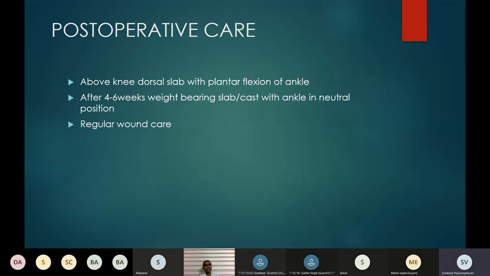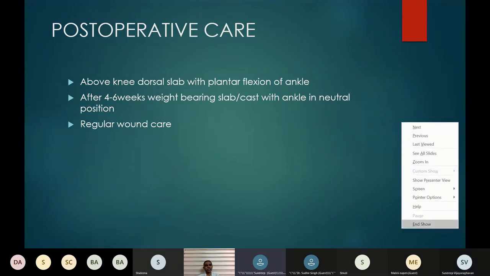Anything else, Dr. Sandeep? Anything else that you want to ask? I think you have covered more or less the entire range of questions for such a case. I don't have anything further to ask. Okay. I think Shravan, you have done pretty well. Thank you. Thank you, Dr. Thank you.